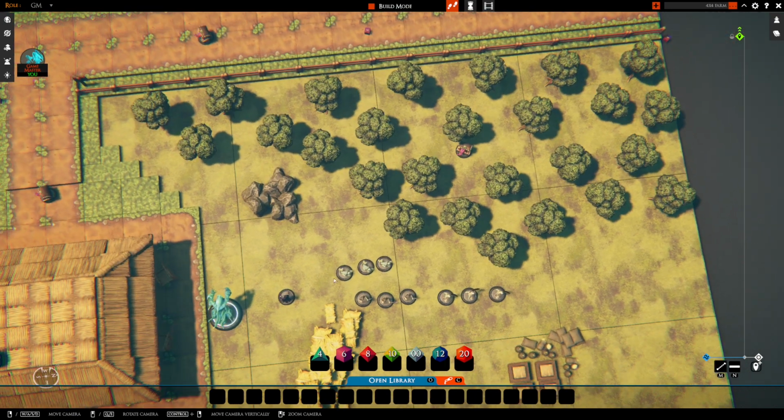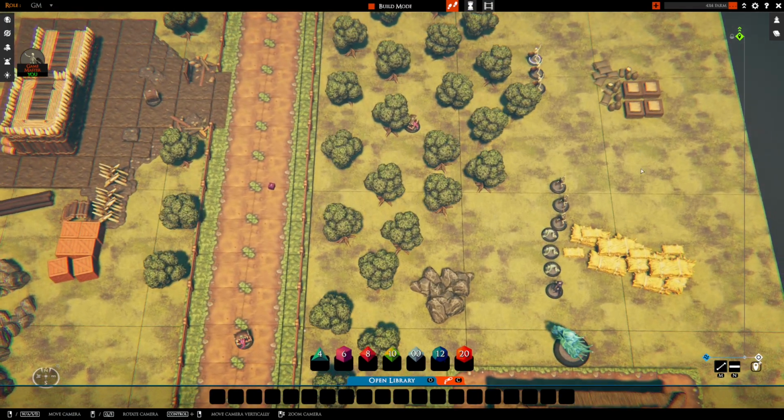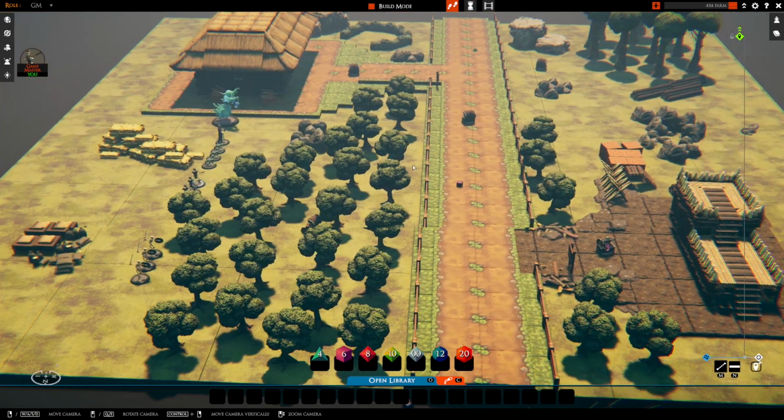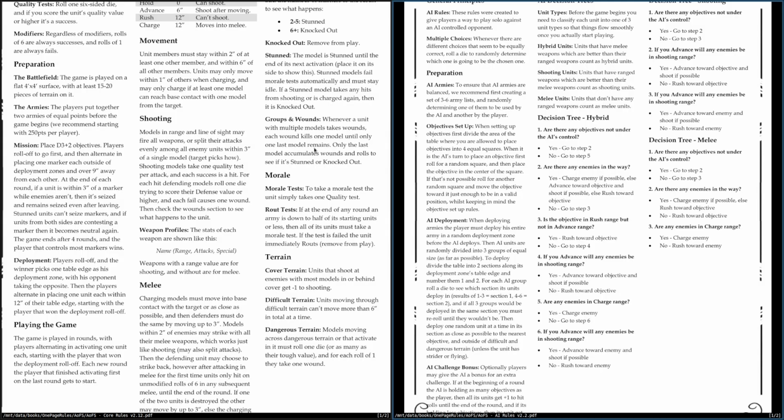Let's have the ghouls in the center with the wizard. Everything's a little bit off, because the road isn't in the center of the map, but I've centered everything on the road. The deployment zone for the humans is a little bit closer to the thing, so that's okay. Now, the humans are the AI, so...